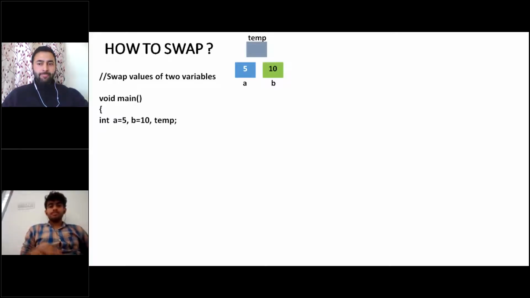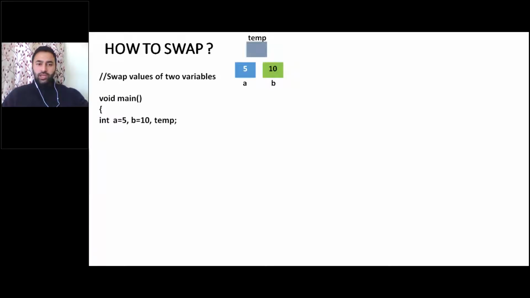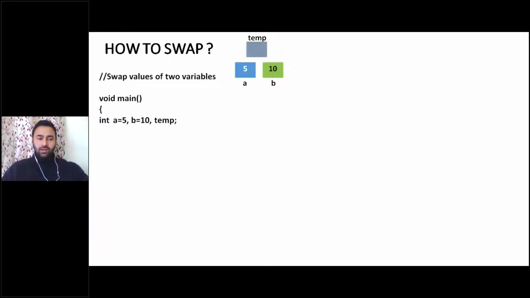Have you got it? Yes, sir. Okay, you have to swap values of these two variables without using this temp variable. But for our example, we will use the third variable temp. I will ask you tomorrow how to swap two variables without a third variable. Now let us see this. With the third variable, you will set the value of the first variable A to the third variable temp, and then you will set the value of the second variable B to the first variable A, and then you copy the value of temp to the second variable B. We will see how it works in an example.